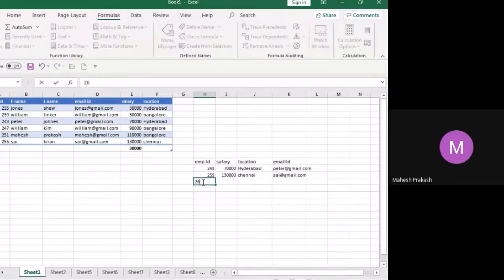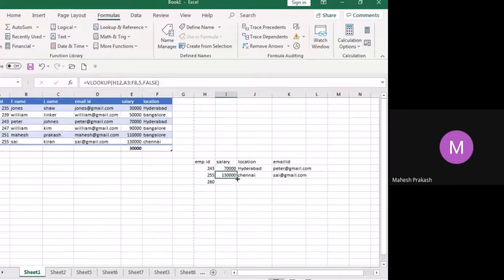Something like 260. The employee 260 is not existing in your table, but still he has given it to you, and you are searching it. And if you drag it below, it will say NA.